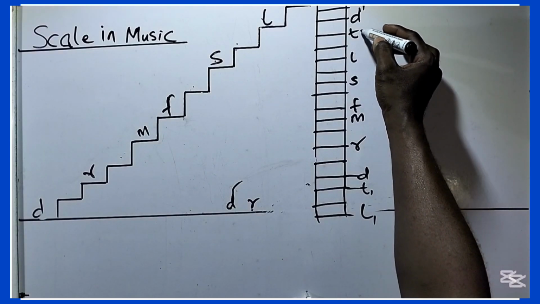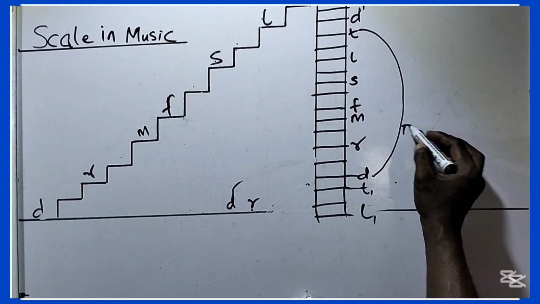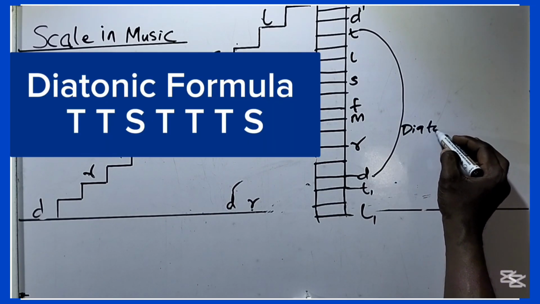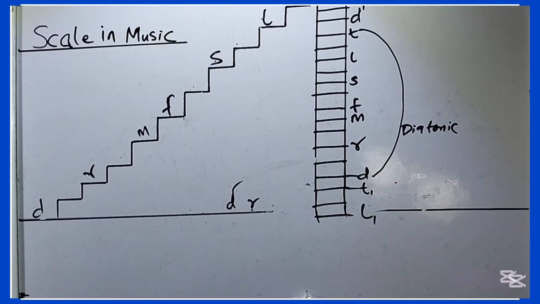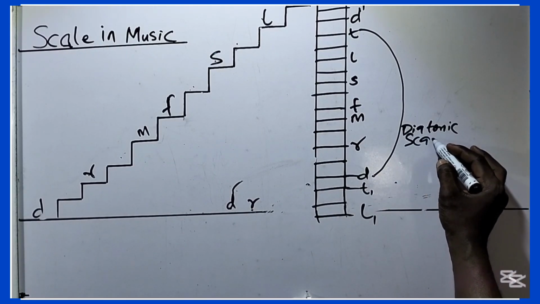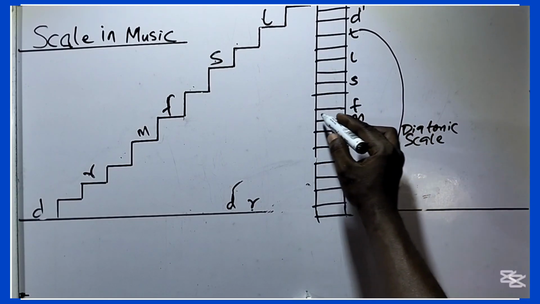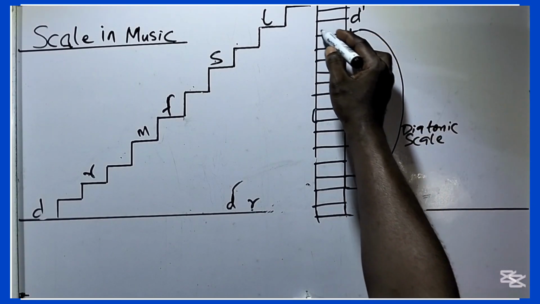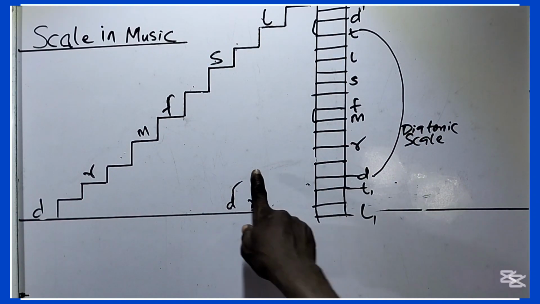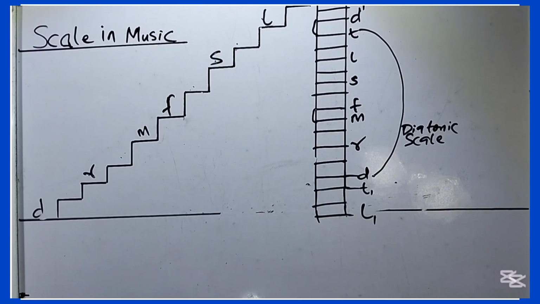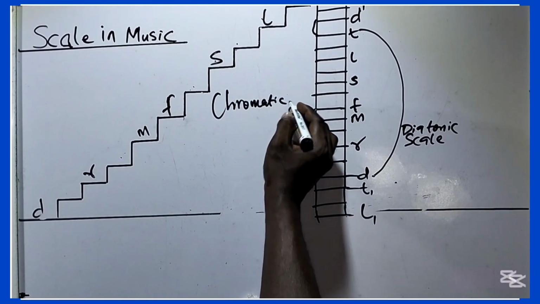So from here to here is called diatonic. Do you understand this? This is the diatonic scale. The only exceptions are mi to fa, because there is a half step, and ti to do, because there is a half step. Do you understand it? But in the chromatic scale,